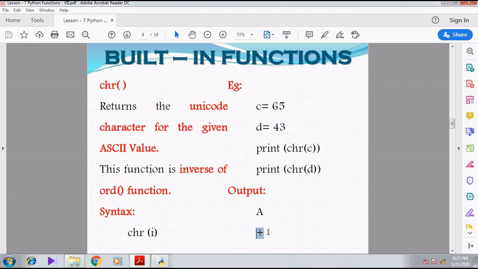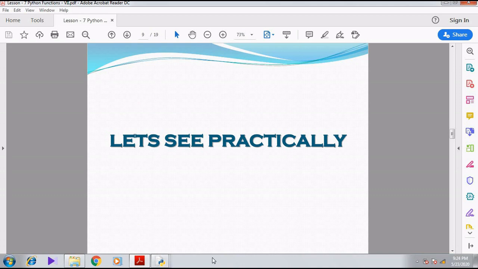The symbol plus is assigned for the ASCII value 43. When I print CHR of D, it shows plus, because plus is the Unicode character assigned for the ASCII value 43. Right. Let's see this in a practical manner.